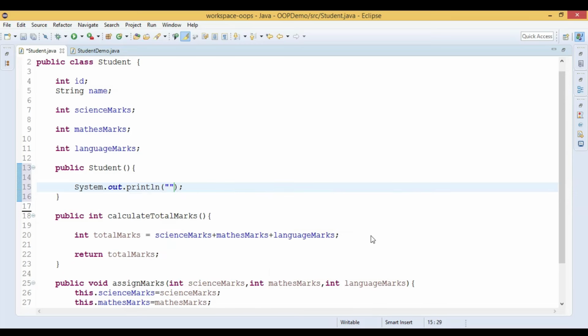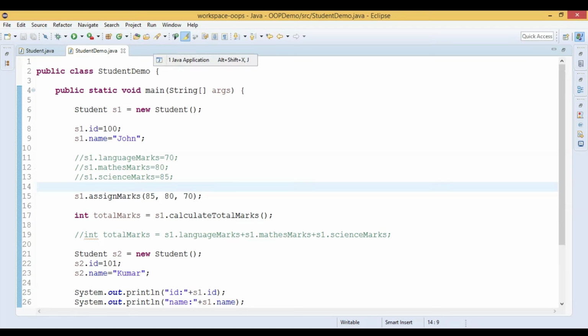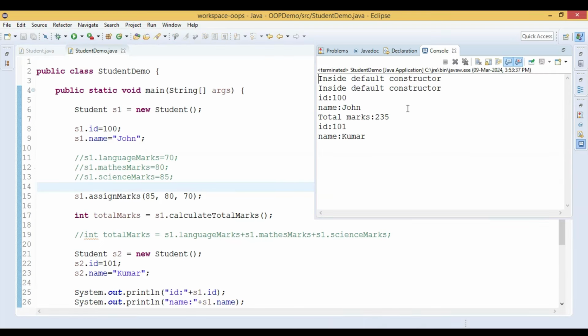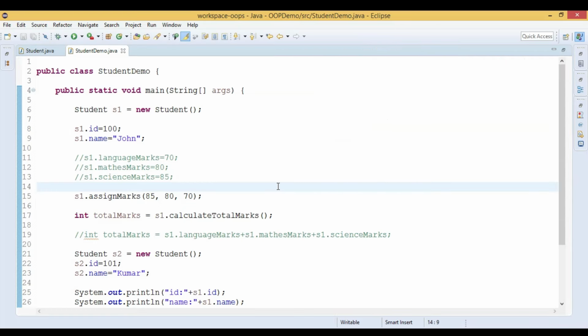We will print the text "Inside default constructor". Okay. So now let us run this code and see the output. You can see "Inside default constructor" is printed twice because we have created two objects of the student class, S1 and